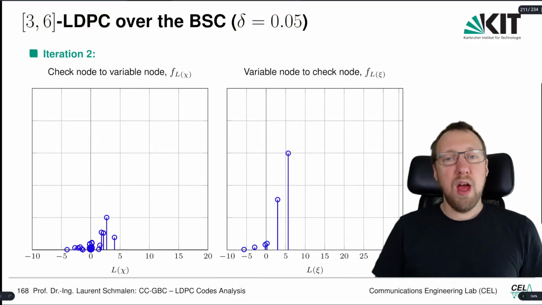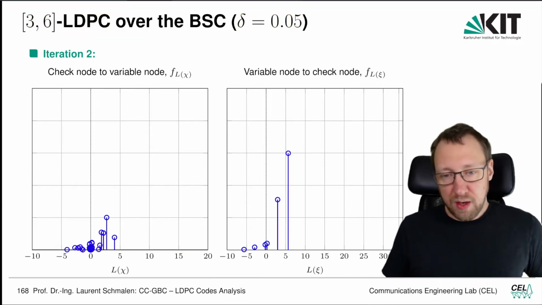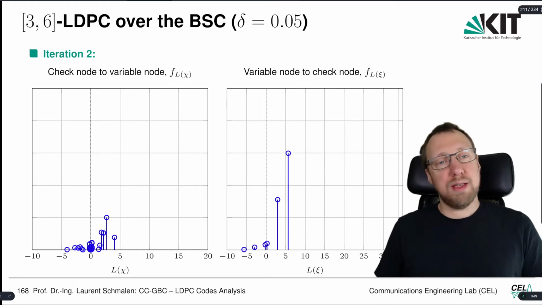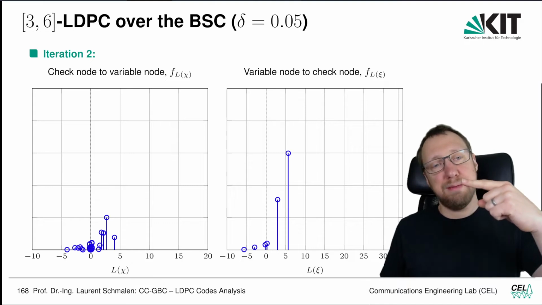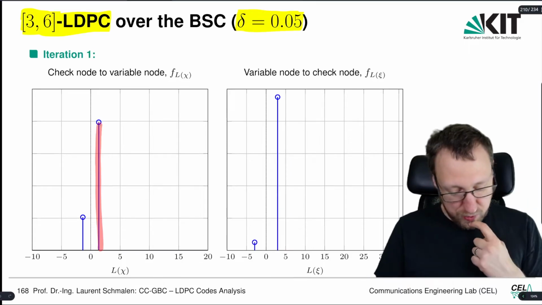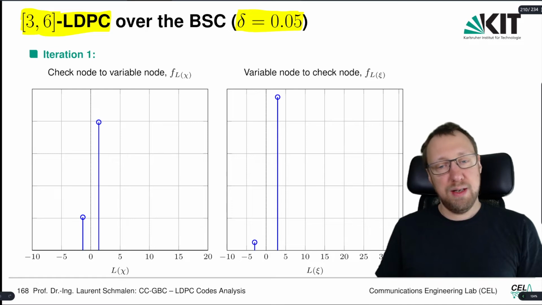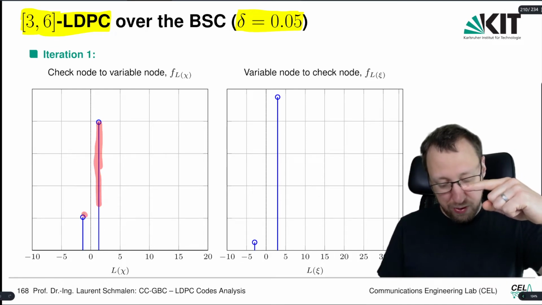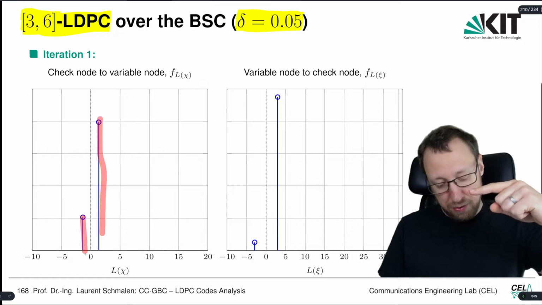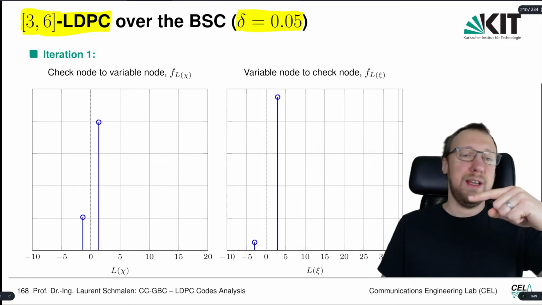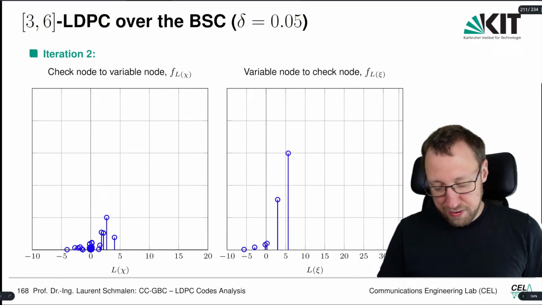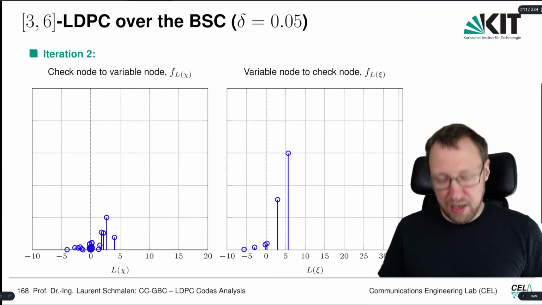Then in iteration 2, we have the following situation. Now we get more possible combinations, because now we have the channel plus minus LC, and we have those two. And now we have multiple combinations. So we can have plus LC from the channel, then we can have two of these, one of these, three of these, zero of these, one of these, two of these, and so on. So all possible combinations, and this leads to multiple different cases,